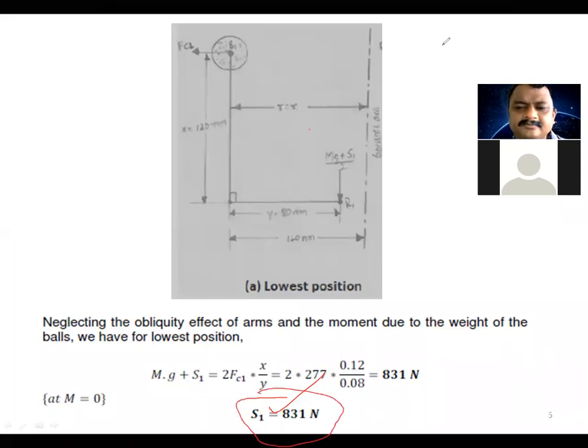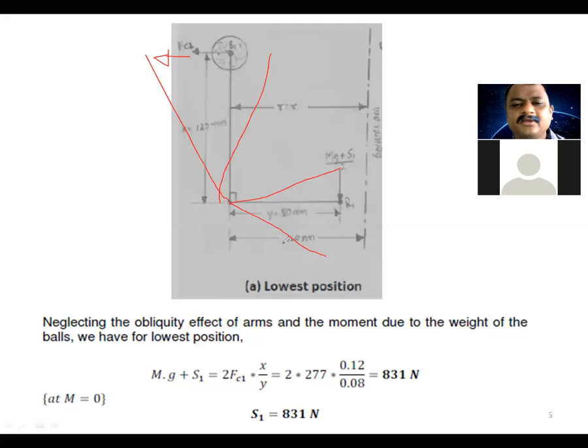What is this S1? This is the force of the spring acting at the minimum position on the sleeve. So if the sleeve has to rise above, this S1 or 831 Newton has to be overcome, or it has to be more than that. That can be achieved only when the centrifugal force is more, or the speed of rotation is more. Then only the arm will be moving above. If it is less, then the arm will be moving in the downward direction. So that's how we ascertain the different positions, right?